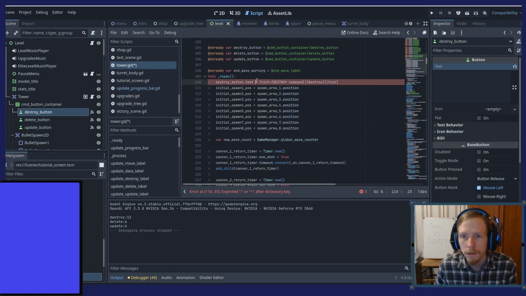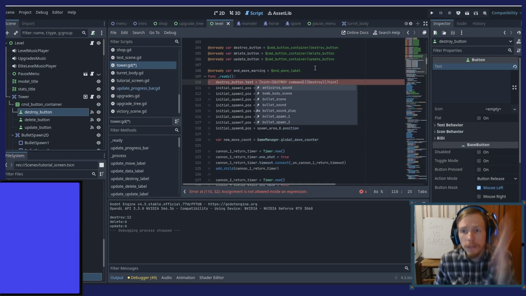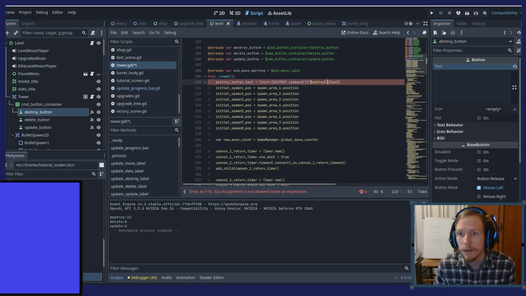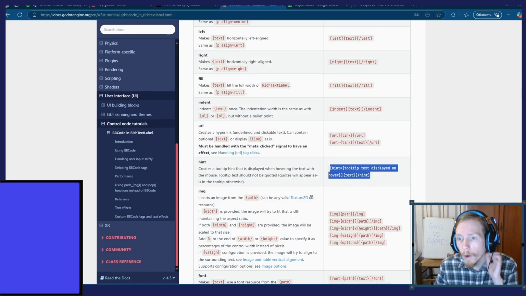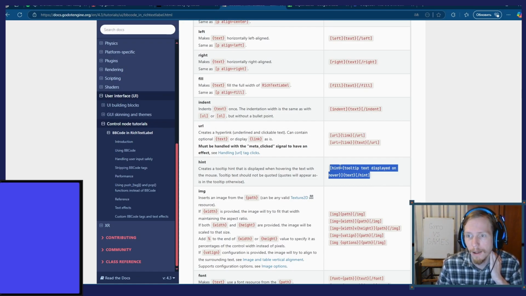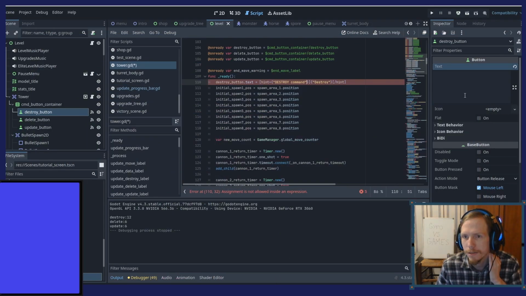No. Then this? What do you want from me? I need this to be in quotes. I don't get it. Or this. Why does it say here that I should use this, but then it's not like, nah, don't do this.